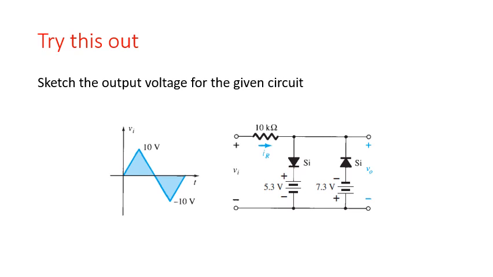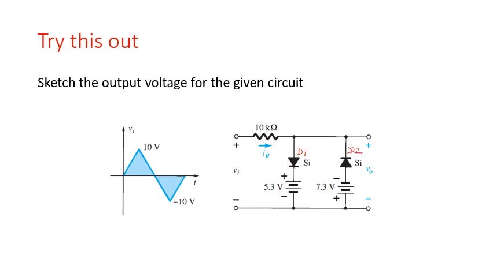If this is the type of question that is asked and it is not mentioned whether the diodes are ideal or not ideal, you can always assume that my diodes are ideal. So assuming that your diodes are ideal, since your diode is placed in this position, this first diode D1 is a positive clipper. Your diode D2 is a negative clipper.